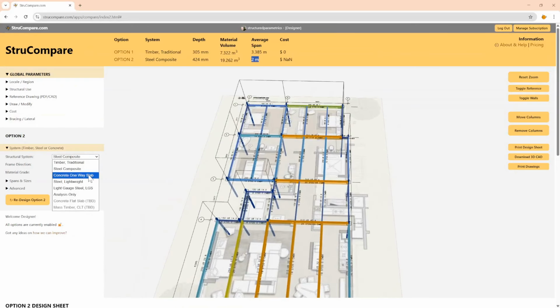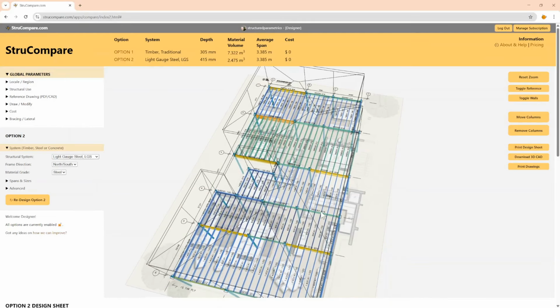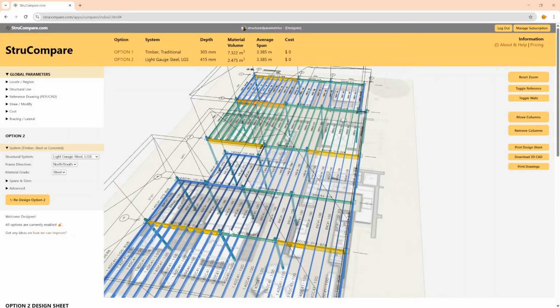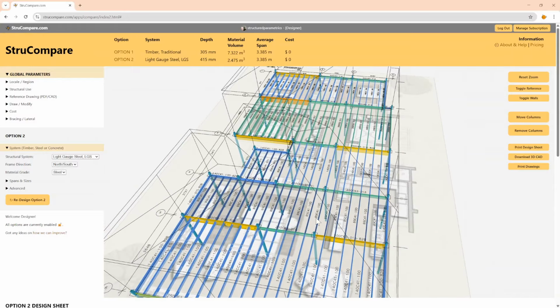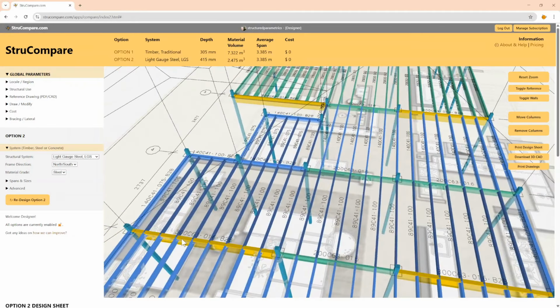So likewise, you could have a look at a concrete or a steel lightweight. Let's do an LGS alternative, so light gauge steel. So here we're comparing timber and light gauge steel. I'll just wait for it to do its design. So again, it's giving you a framing plan suitable for light gauge steel. And it's gone away and done all the structural calculations to give you all the sizing as well. So you can see here the deeper member is a back-to-back. So it's a 300 deep back-to-back